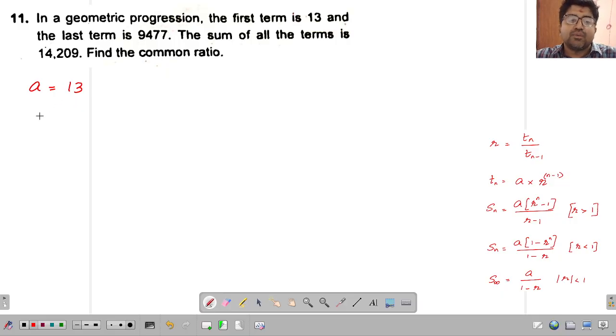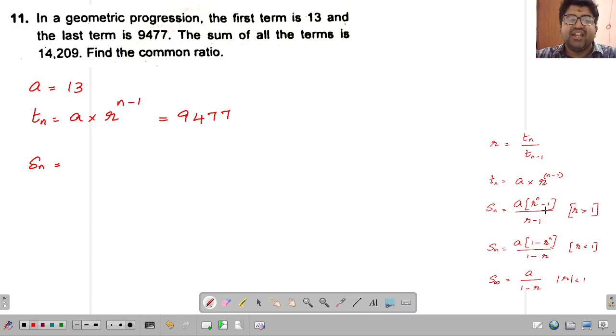Okay, so let us consider that there are altogether some n number of terms. So the last term I can say is nothing but a into r raised to n minus 1. That's the last term, that is given as 9477. Got it? Now the sum of all these terms, Sn, I can consider here,